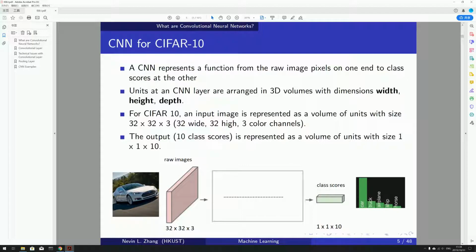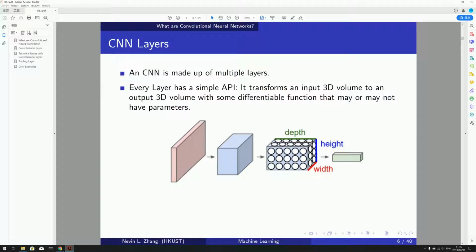The output is represented as a volume of units with size 1 by 1 by 10. 这个输出呢，就是一个1乘1乘10的一个矩阵。这个10呢，就是代表了它这个 class 的图片。